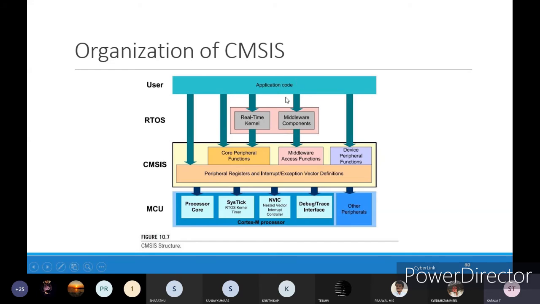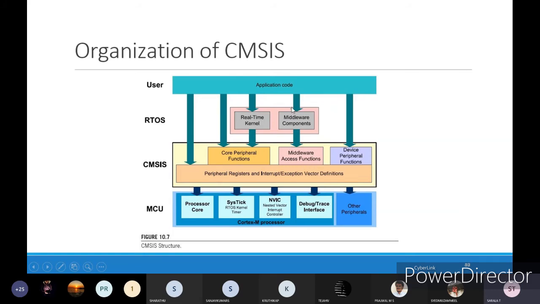Means if you have any external devices which don't support your actual microcontroller, then you need middleware components where you can update your device driver libraries. With respect to CMSIS, at that level, core peripheral functions with respect to real time and also application, whatever peripheral functions there are, can be stored, or library functions are generated here.